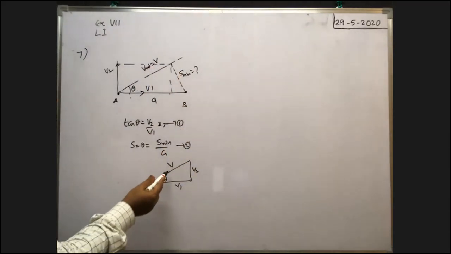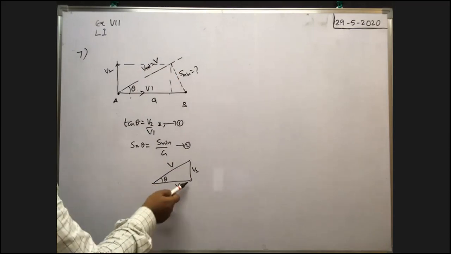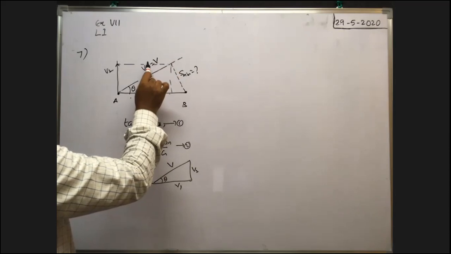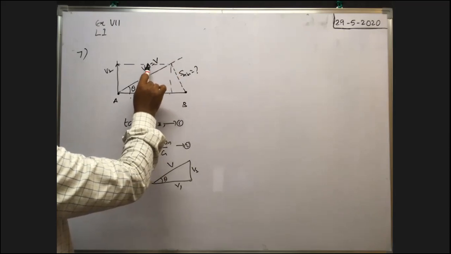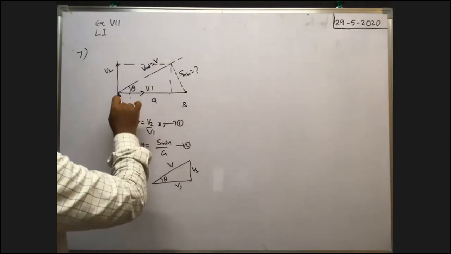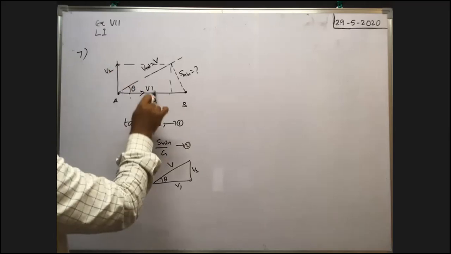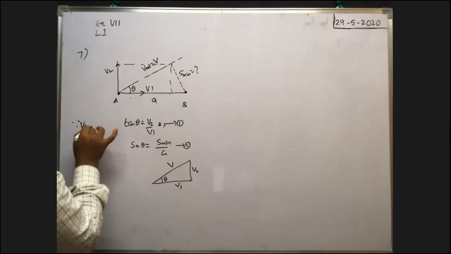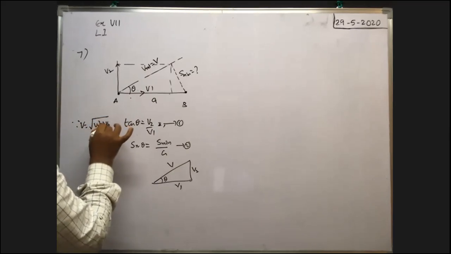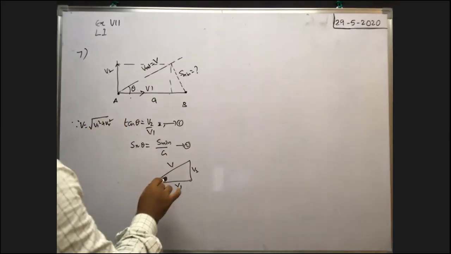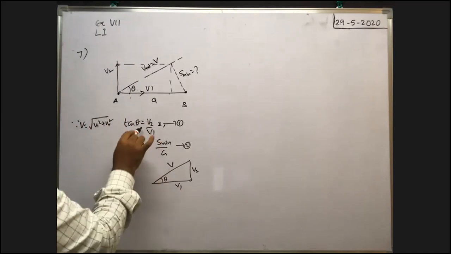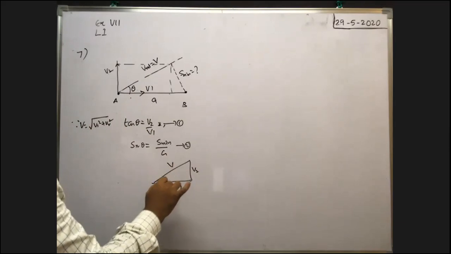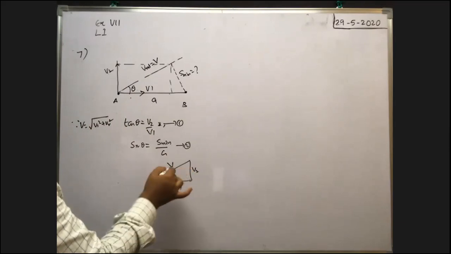Okay, have you followed this one? Here v1 square plus v2 square is equal to v square. What is the magnitude of this one? The magnitude is equal to, because the component of this relative velocity along this direction is v1 and along this direction is v2, the resultant of these two is this only, no? That means v is equal to the square root of v1 square plus v2 square. So in this formula, tan theta is equal to v2 by v1, and the hypotenuse, the square root of v1 square plus v2 square, means v only, no?